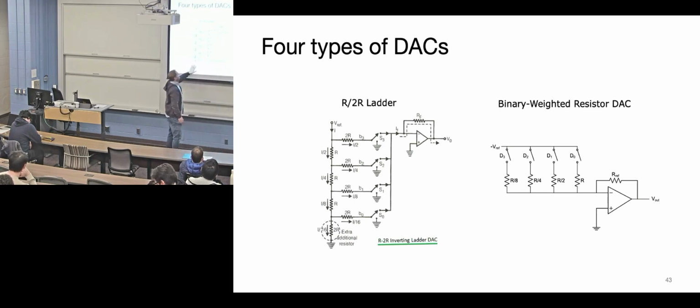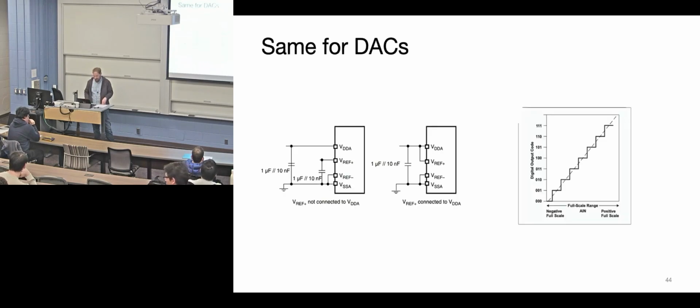The advantage of this one is they're always a ratio of each other, and it's always a constant ratio. So these are more reliable to make on silicon than that is, although these are more complicated to wire up and do the math for than that is. That's a bit simpler device. Same for DACs: you can have negative and positive reference voltages. Again, that's in the conceptual world. You have to look at your particular hardware to make sure you can actually hit those things as needed.